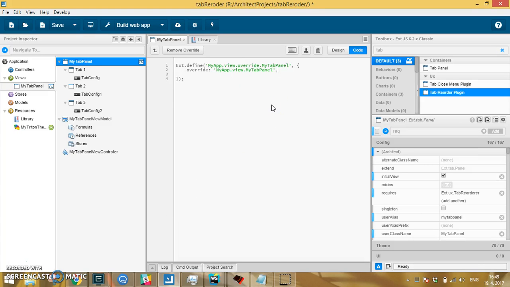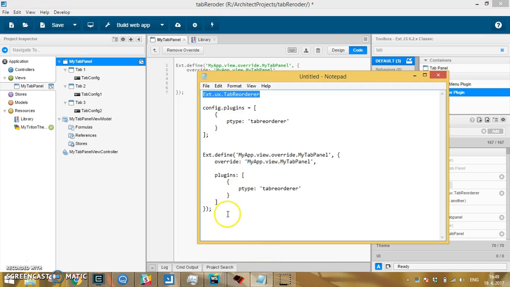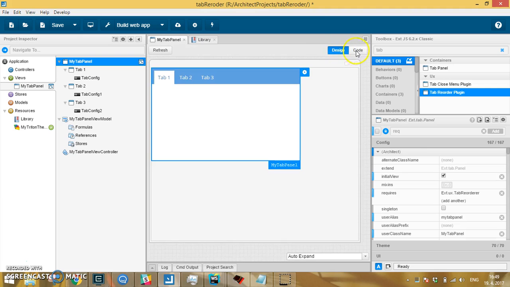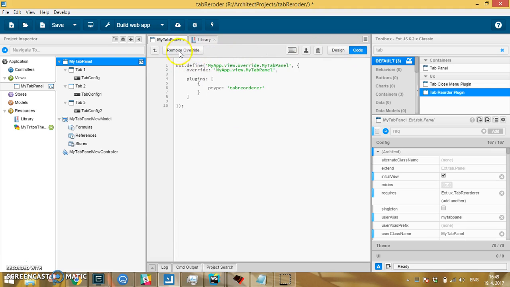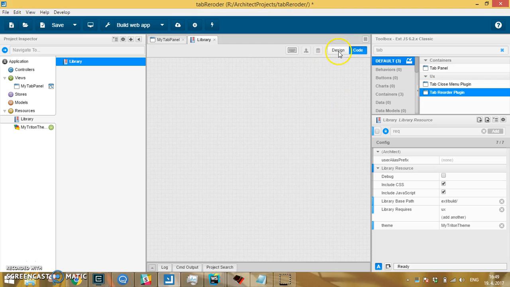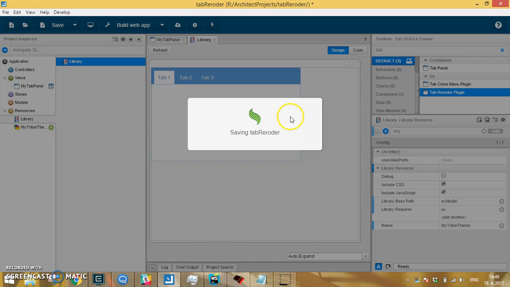Right now, in this, you can write anything. You can completely rewrite the class in any way you want. So it would be the same as before. I would override it. I would write plugins, tab reorder, anything like that. Yes, this should be okay. When we are in override, you can click back to the class. Just make sure that again you have the class in the requires. UX is in the library requires, and when I save it,